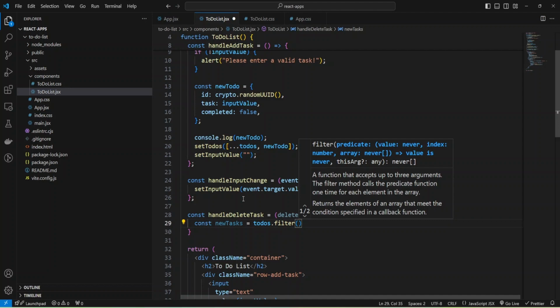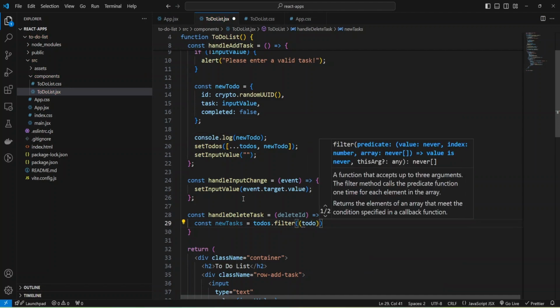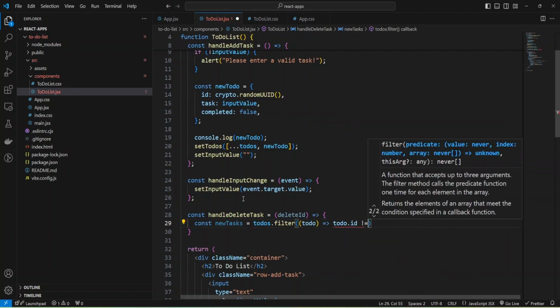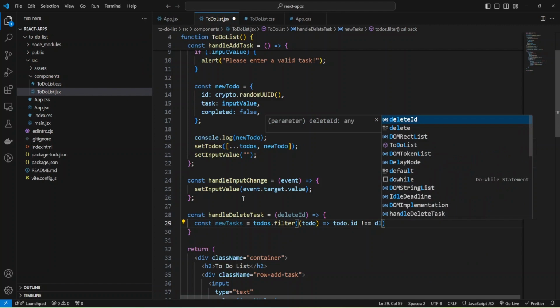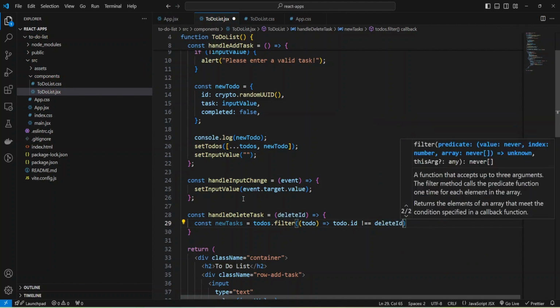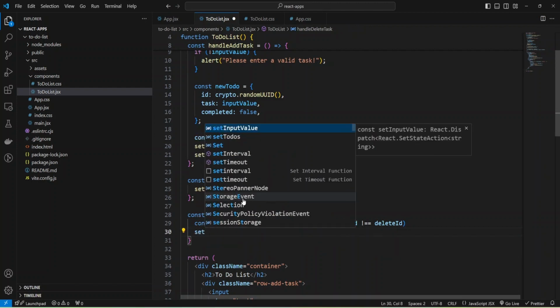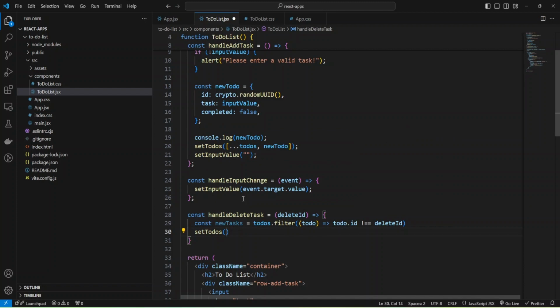And for each to-do, I'm going to check if to-do ID not equals to our deleted ID. And all to-dos that have ID that is not equal to our delete ID will be in new tasks array. And now I can set this new tasks array to our to-dos using our set to-dos function and update our state. And let's check what we have.